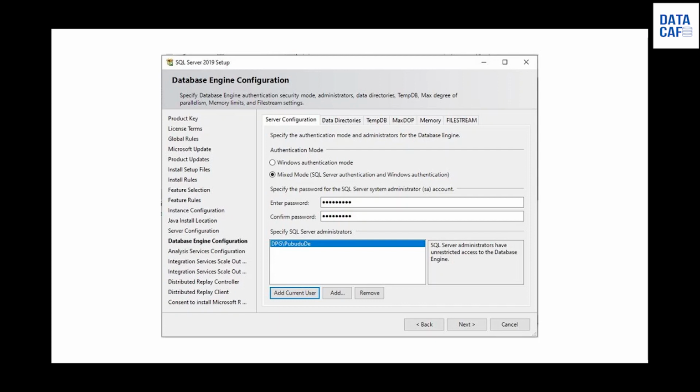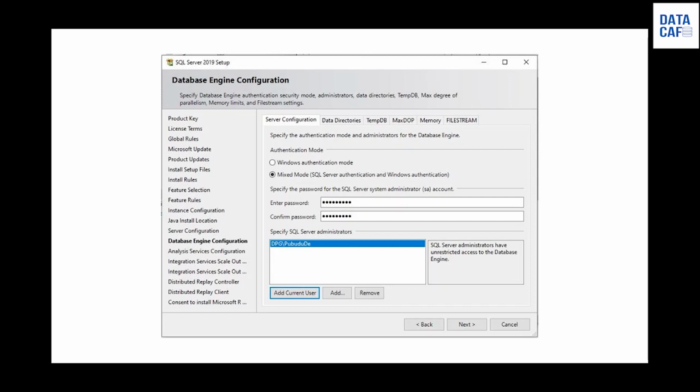When you check that second radio button, the enter password and confirm password text fields will be enabled. So you have to give the password for those fields. This password will be the password for the SA, which means the system administrator of the database engine.